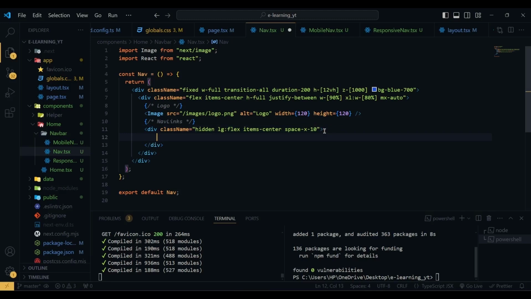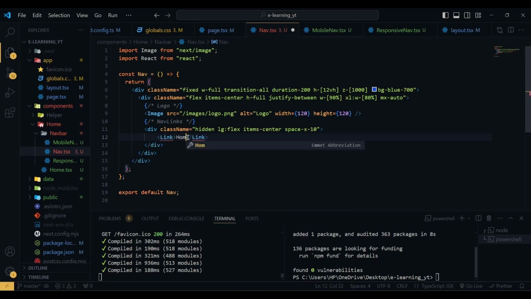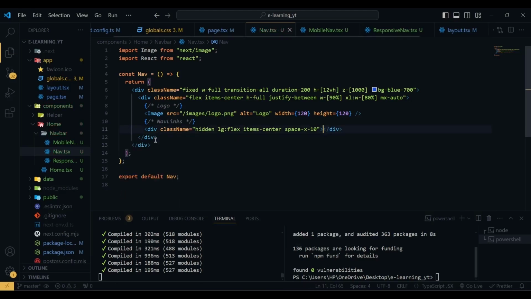Now inside this div we are going to have our nav links, but instead of doing it like this, let's say we have a link of home, and then we have, let's say, about. So instead of doing this individually, what we are going to do, we are going to create a